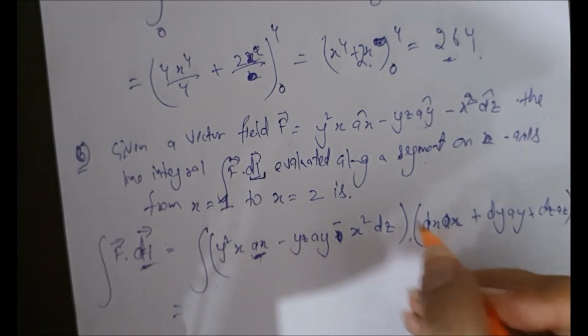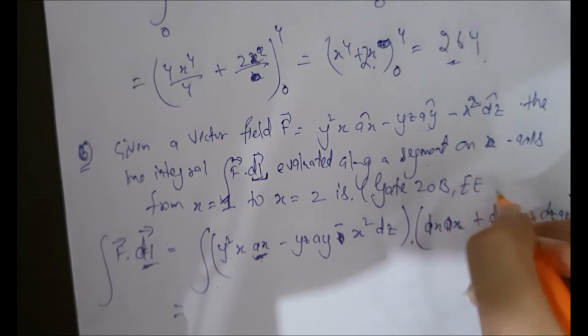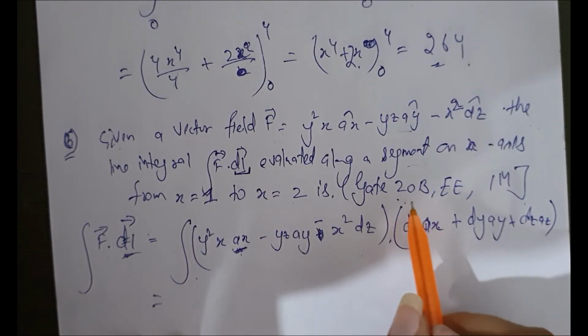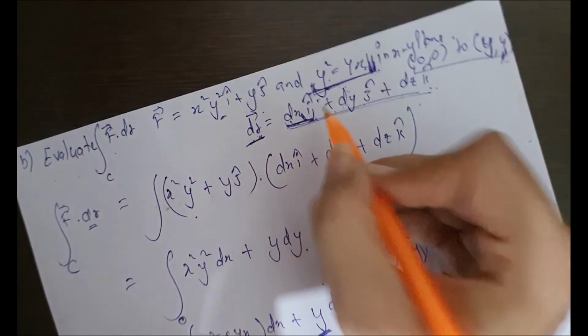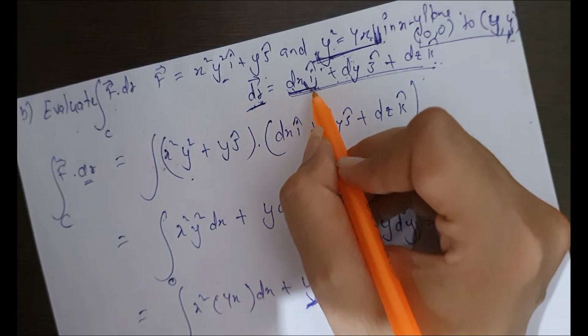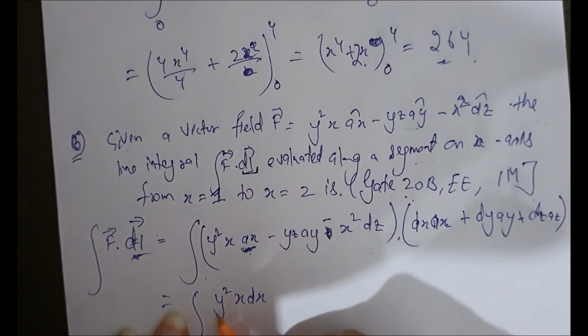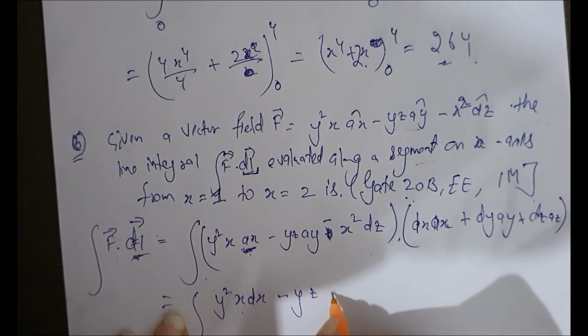Now take divergence. This is GATE 2013 EE 1 mark question. In GATE questions they made some changes to confuse the students, as they have denoted the i value with ax, ijk value with dx, dy, dz. Now take divergence. This will be y square x dy dx minus,